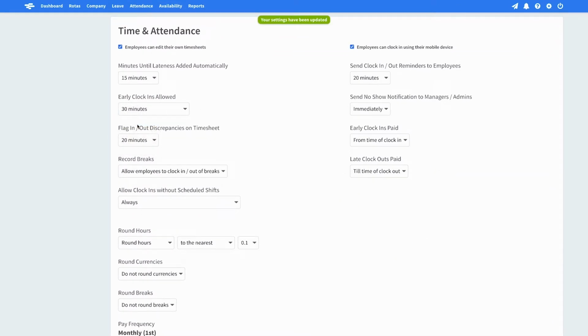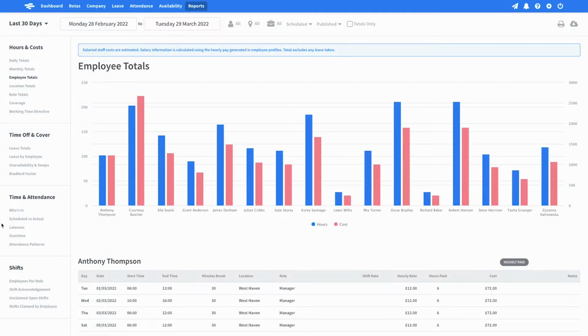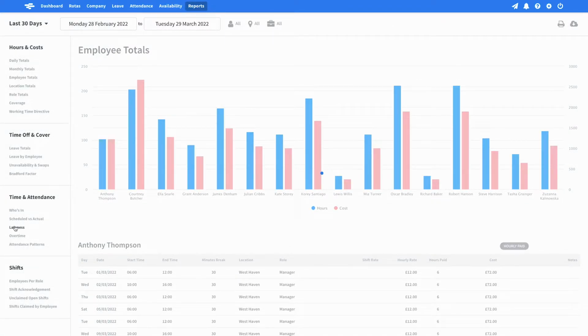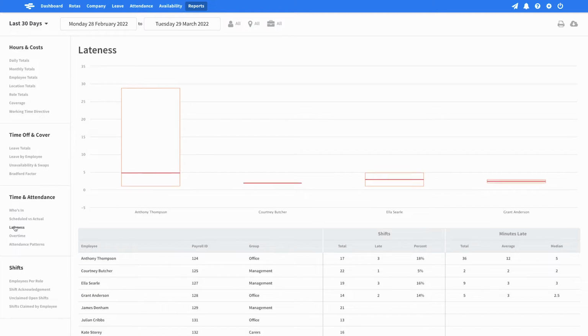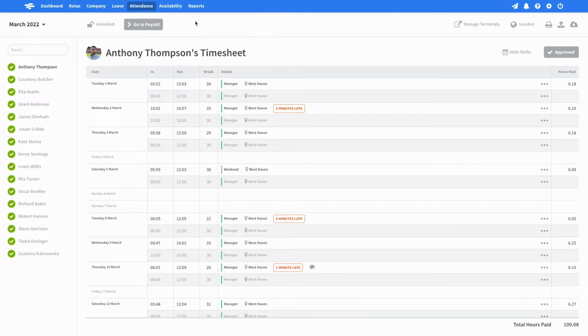Perhaps more importantly than it appearing on the timesheet, when marked as late, a shift will contribute to an employee's lateness report. This report contains everything you're likely to need when dealing with a lateness problem, including the number of instances, their average length, and percentages of shifts affected. Discussing lateness in a disciplinary situation can be difficult, so having this data available can be really helpful in what's otherwise a sensitive conversation.